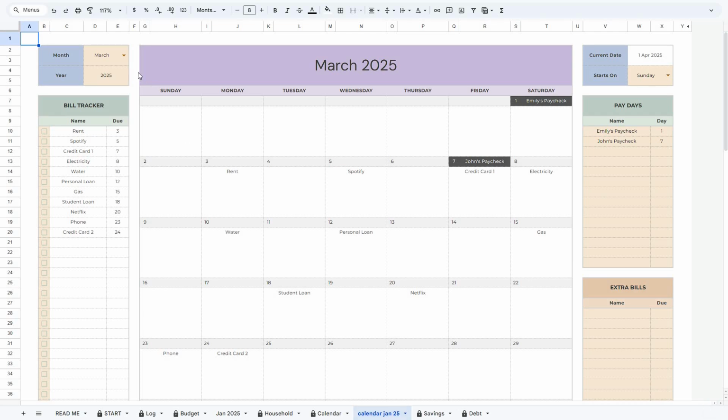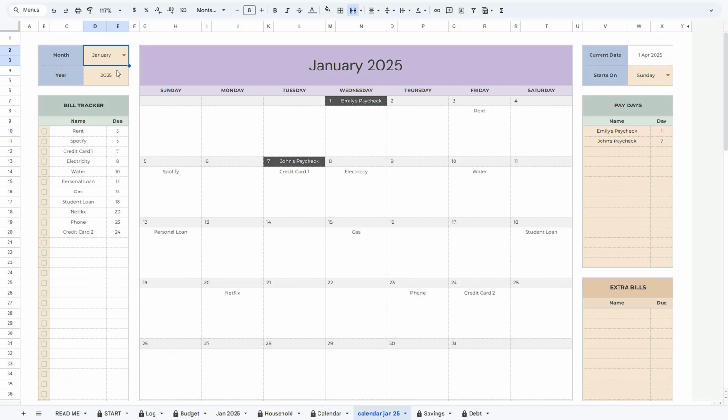Now, all you have to do is update the month. So let's say it's currently January 2025. And also, you might have an additional bill for January. For example, it could be an annual bill that's due on the 5th, and you'll see the annual bill appear